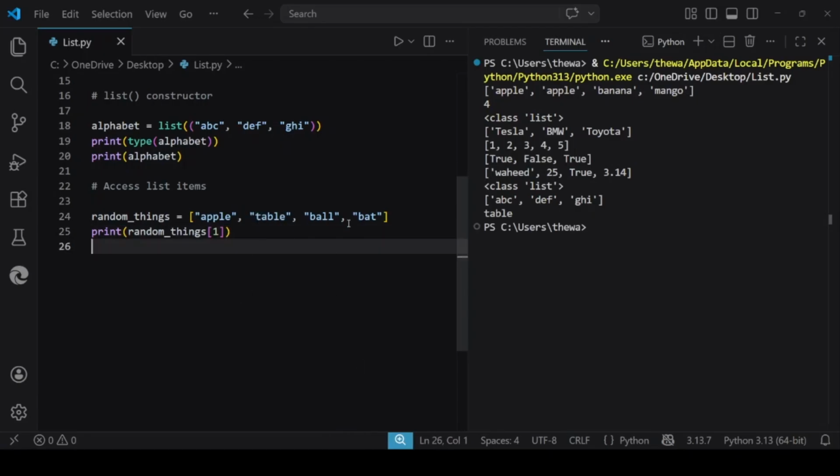Okay, if I needed this one value here, I can also say, from these random things, I know the index value of this bat, which is 0, 1, 2, 3. So I can type here 3. Okay, it will give me